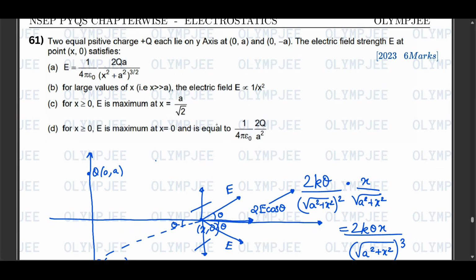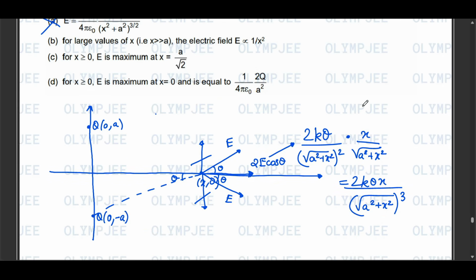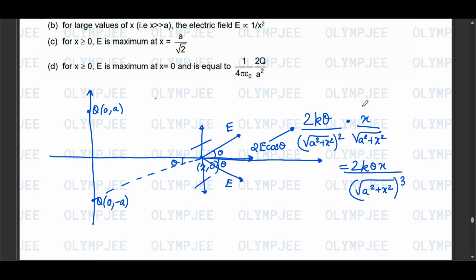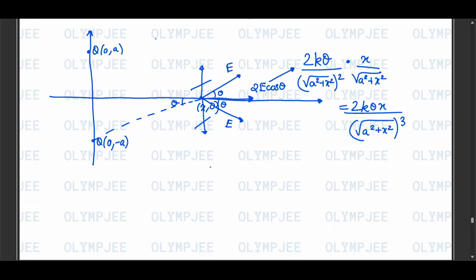So this is wrong because here it should be x, and for large values of x the electric field is proportional to 1 by x squared. Let us check. So for large values of x we can ignore the a, so this will be 2kqx, and removing this a square, assuming it as 0, so this will be x raised to power whole cube, which is proportional to 1 by x cube. So B option is correct,